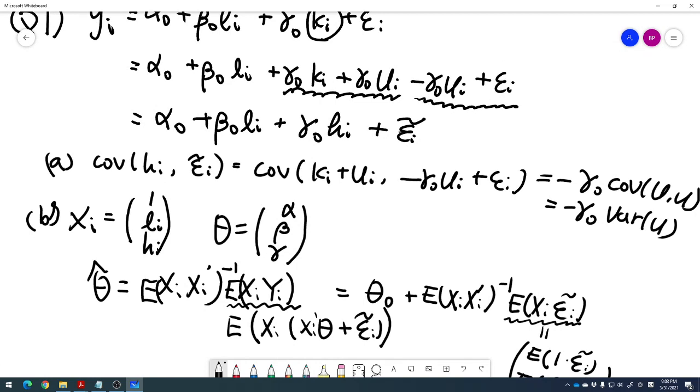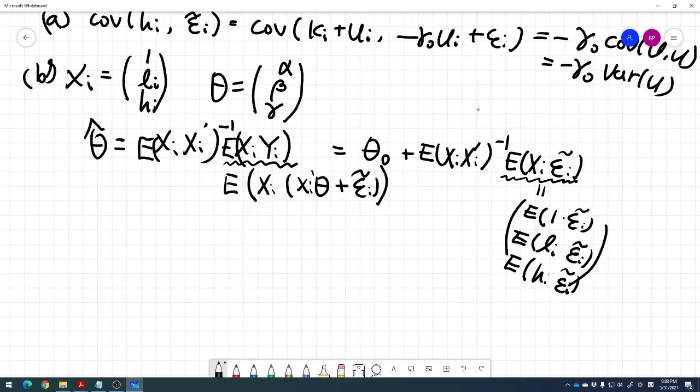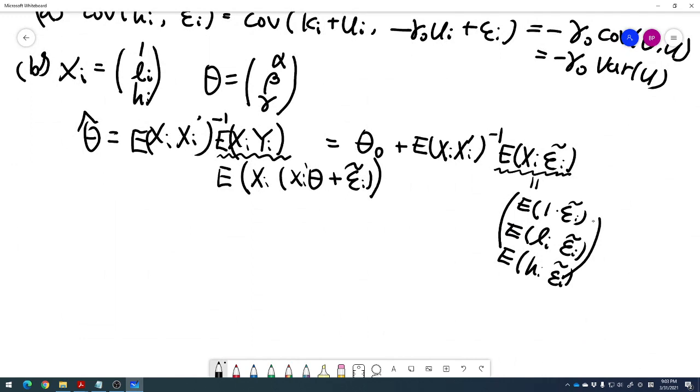So epsilon tilde equals minus gamma u plus epsilon. Therefore, the first guy equals 0, and the second guy also equals 0,